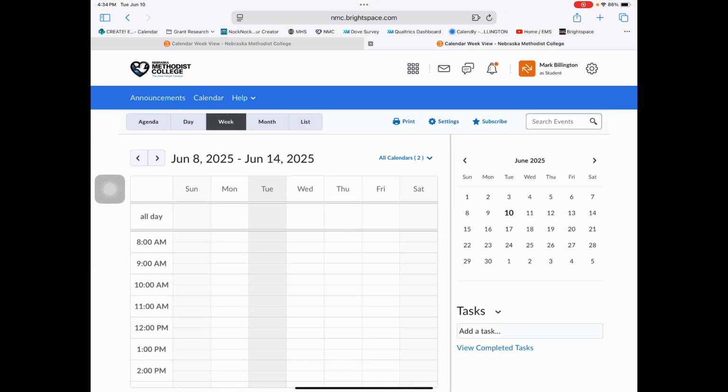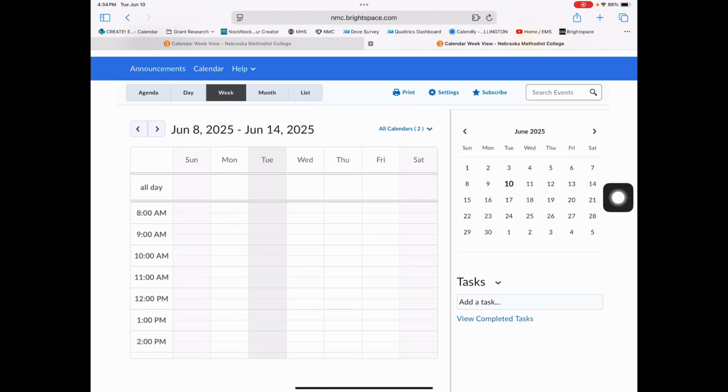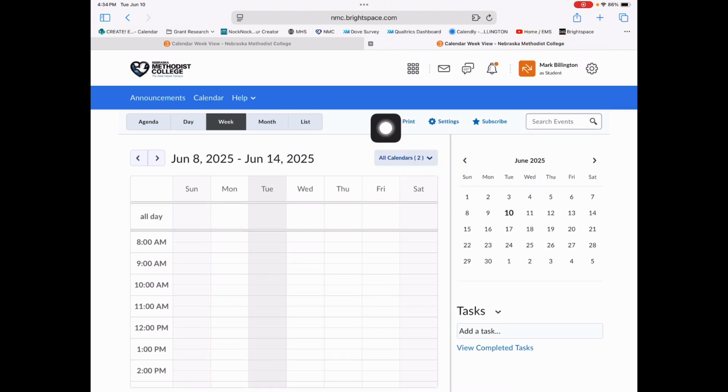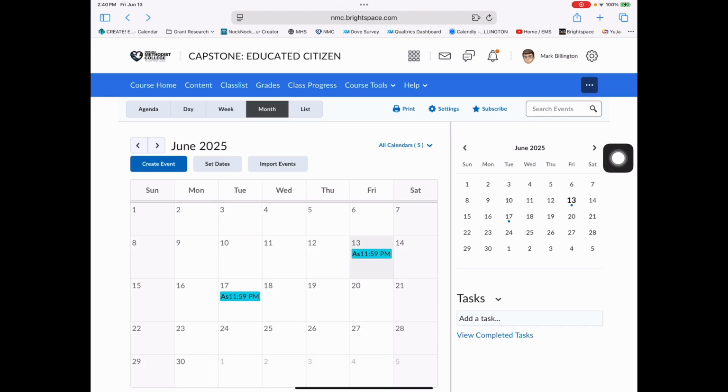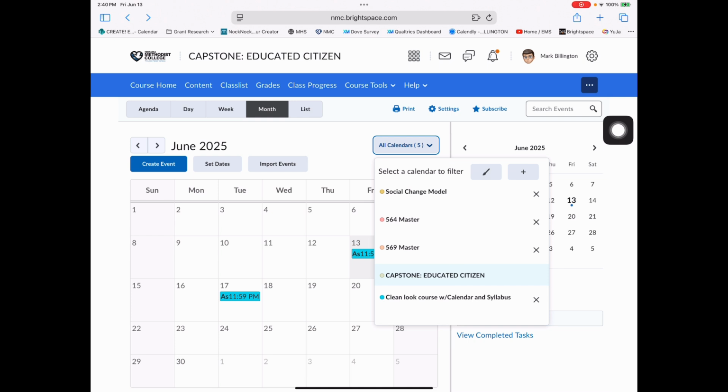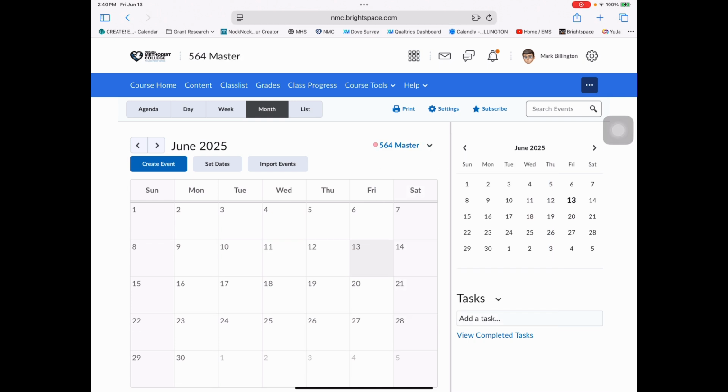Now there's lots of things that I can start to do with this calendar, but the first thing you want to look at is all calendars, or which calendars are showing. Some faculty are having challenges with the all calendars area. Some faculty are actually seeing over 150 some odd classes in there. The way to fix that is to click on all calendars. You'll see the list. To unselect any of them, simply select one, and that will get you down to